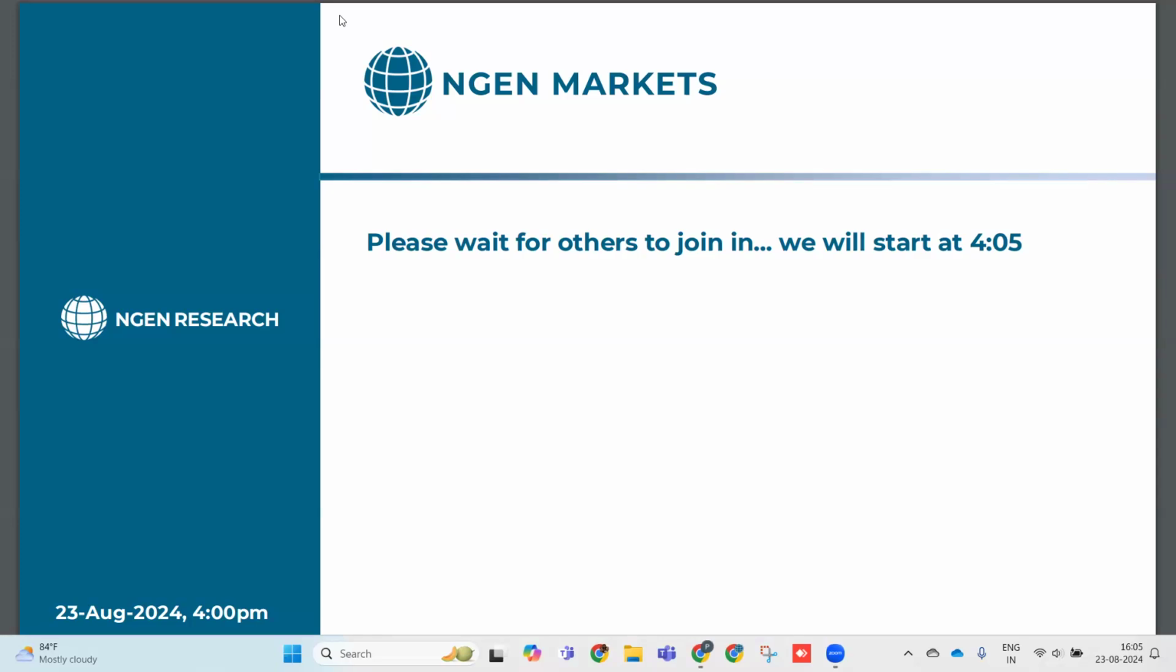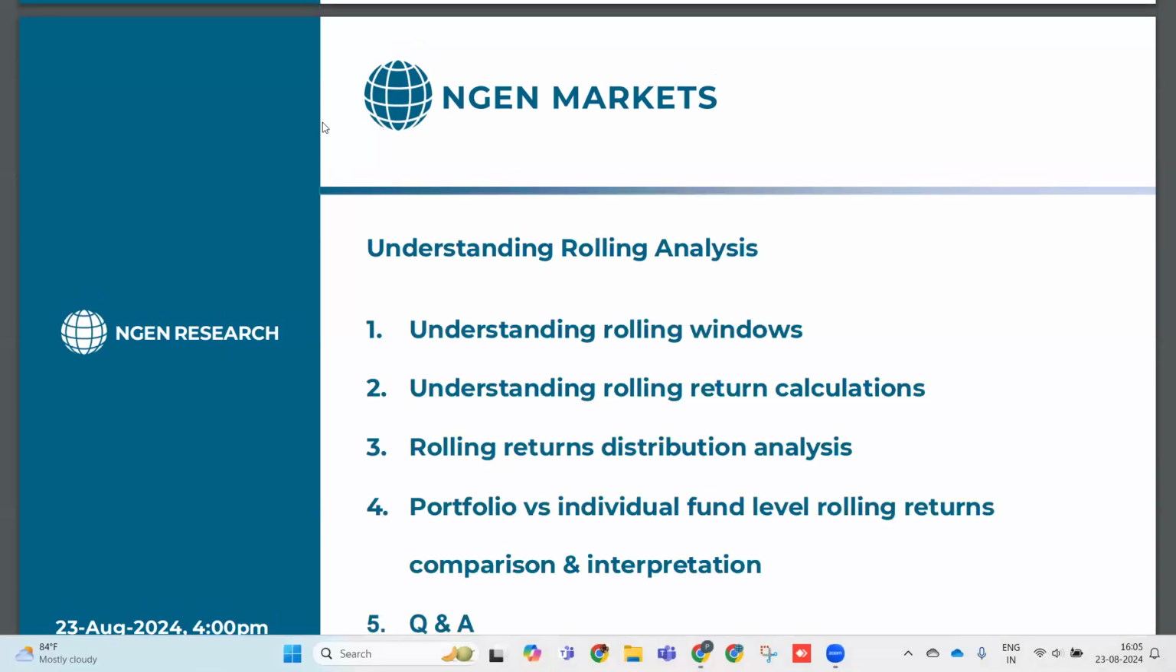Meanwhile, others join. Let us discuss the topic that we'll be covering today. Our webinar discussion will revolve around understanding rolling analysis in a detailed manner. Firstly, we will understand what terminologies are used on NGEN Markets to understand rolling returns in totality. Next, we will move ahead and understand how we can do these calculations in an Excel sheet with respect to